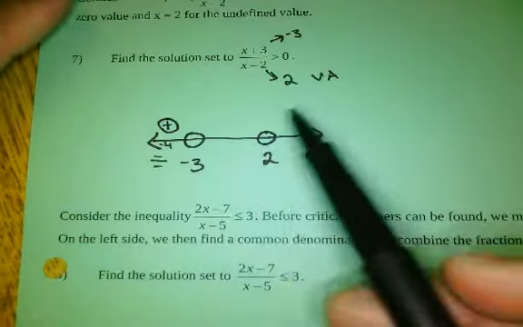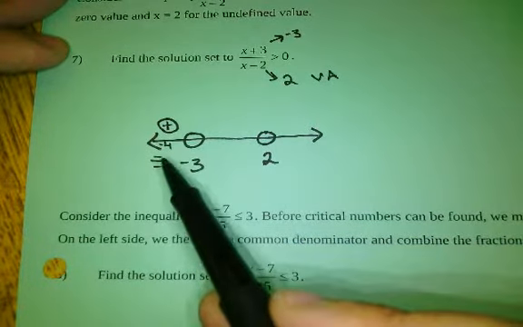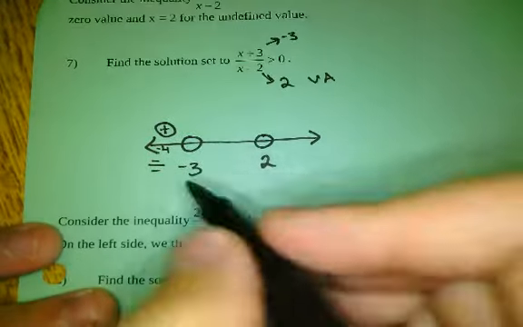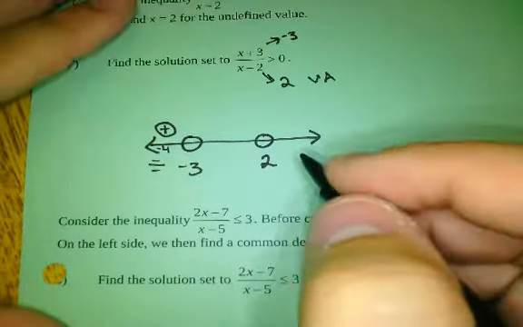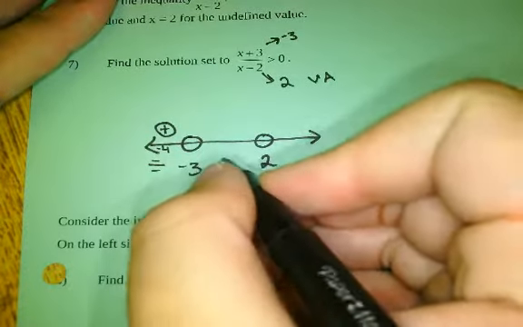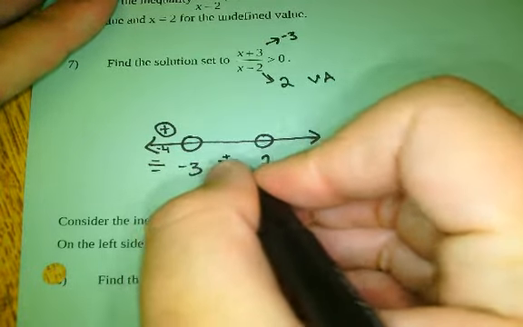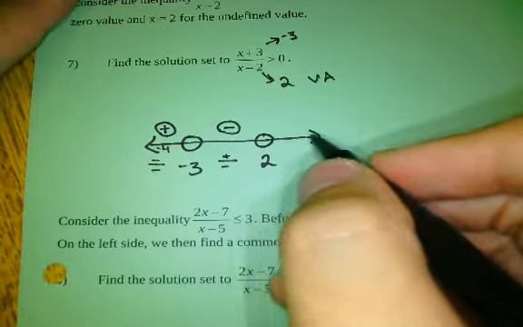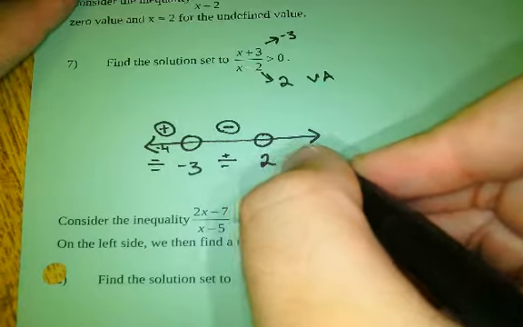We're going to be doing some where we're going to get a bunch of these negatives and positives. If you have an even amount of negatives, no matter what, it's going to be positive. If you have an odd amount of negatives, it's going to be negative. Okay, so let's pick a value between negative 3 and 2. 0. What do I get on top? Positive over negative. This is negative, and then pick a number that's bigger than 2. Pick a 3, and we're going to get